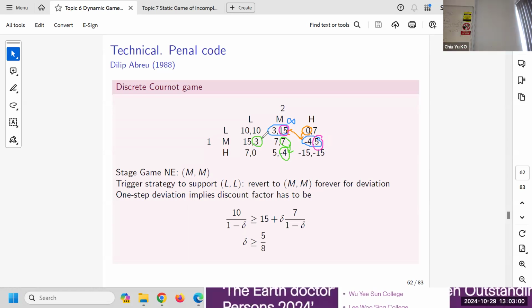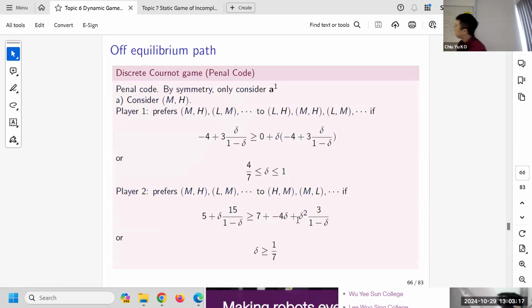Because the punishment will be in this manner, right? It is HM and ML, right? So this is player 2's punishment. So you want that to happen. Okay. So that is how we get this one, right? You get -4 and 3 forever. Okay. So that's not difficult to see, it's okay, because you get a lot, right? So that's just fine. Okay.